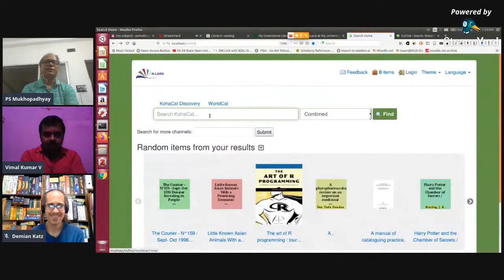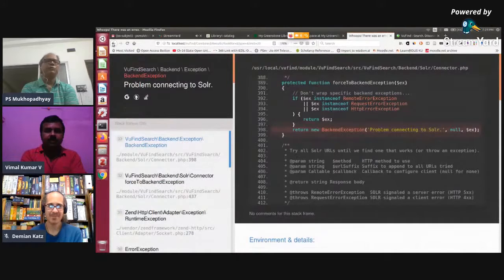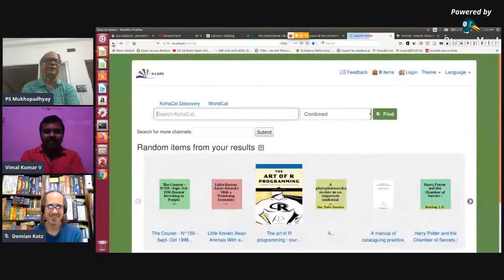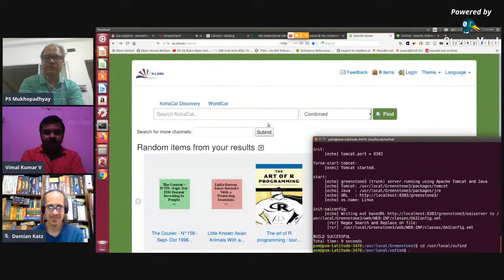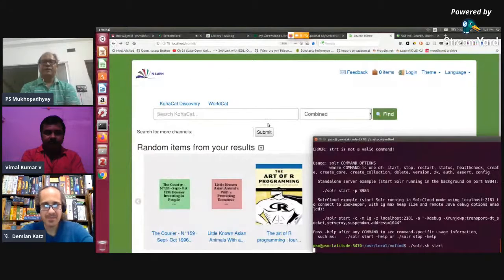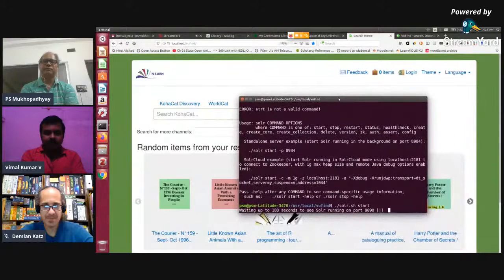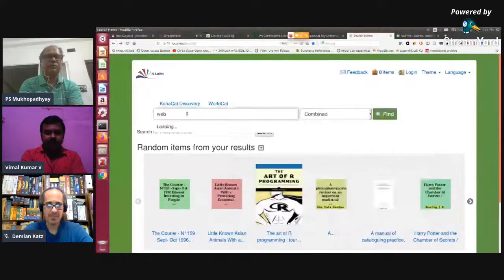Something went wrong. So suppose I am searching. Oh, my Solr is, I have not started my Solr. Let me start my Solr first. So I have started the backend Solr service of VuFind. It will take only a few seconds to start. You can see it here. Now the moment I am searching something here, web or farming,